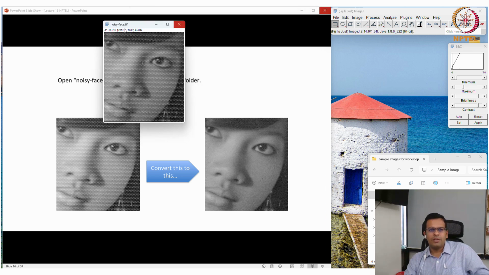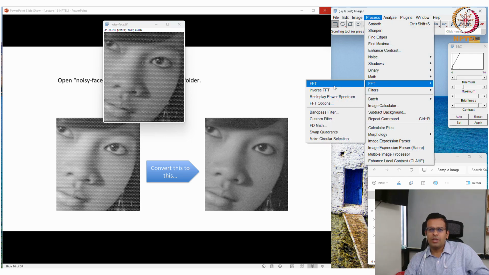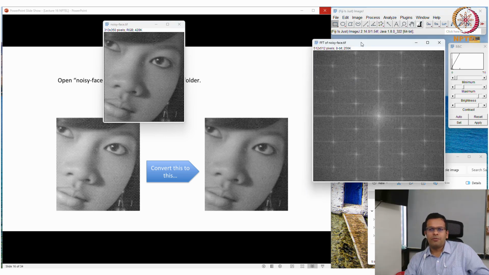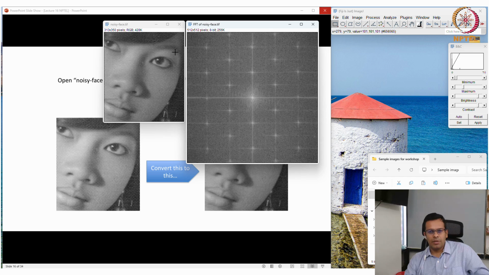So what we can do is, I will convert this into Fourier transform image, process, FFT. So this is the Fourier transformed image of this image, and from this you can get to know that all these plus signs that you are seeing in this Fourier transform image are generated because of the pattern in the image.